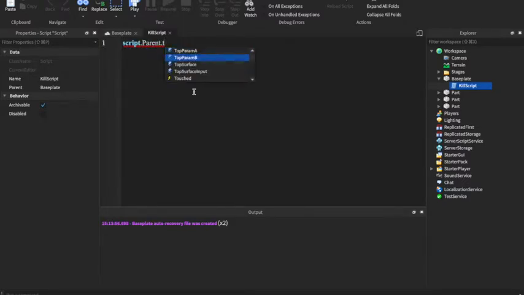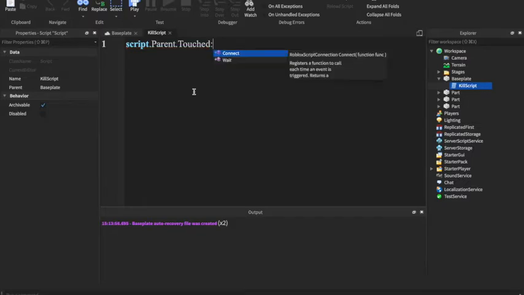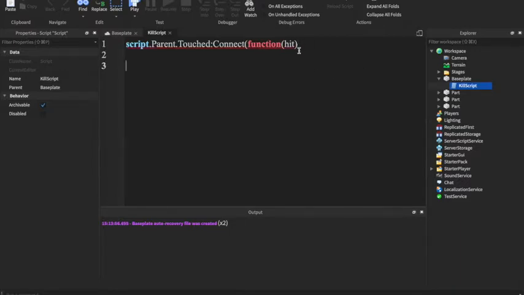script.parent.touched. Let me actually just make this bigger. Yeah. And then connect function, and then hit, like that. So this is what hit it, or what touched it. And why isn't it doing that? Let me just put an end there manually. So then what we can say is